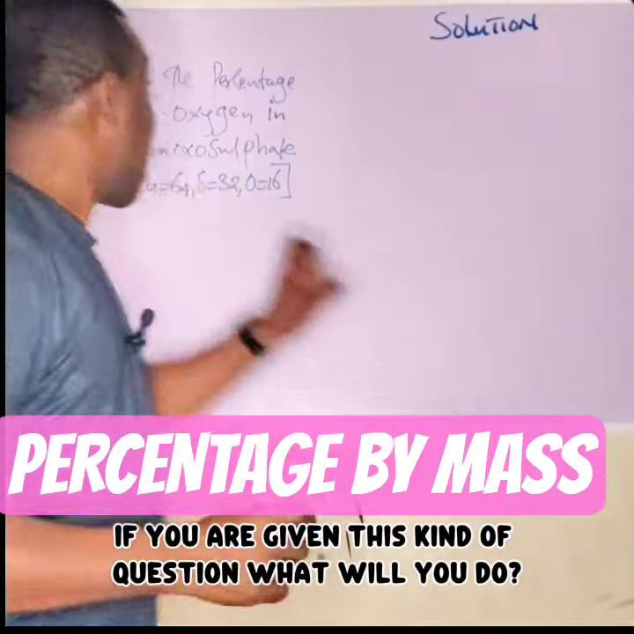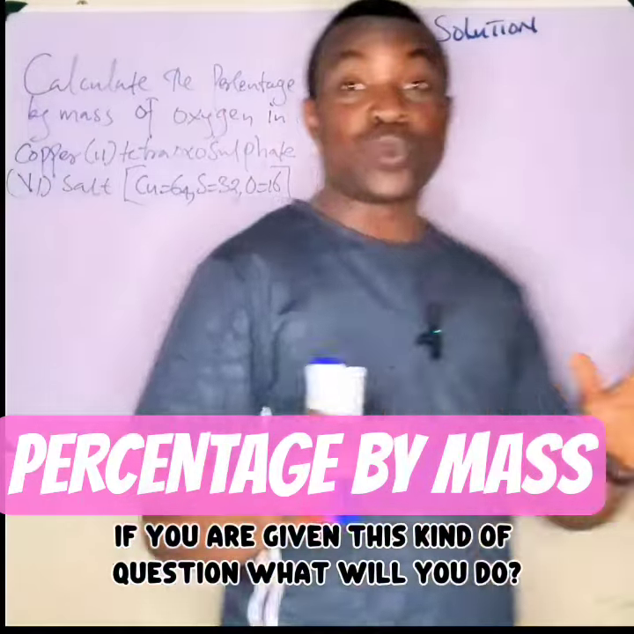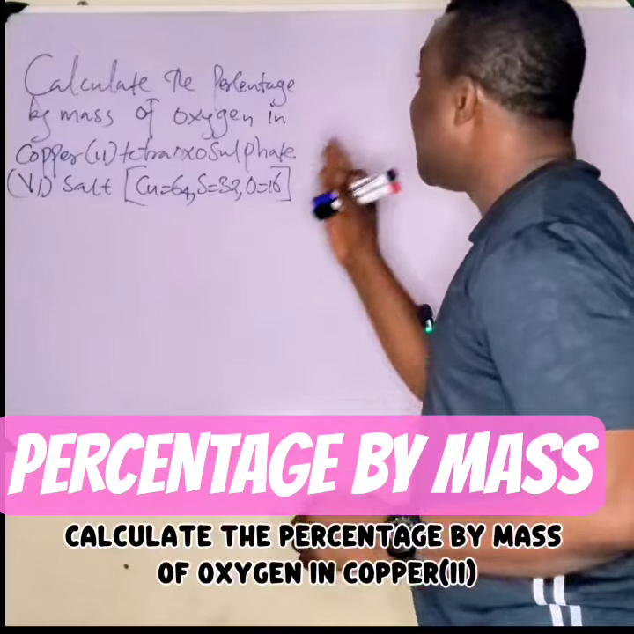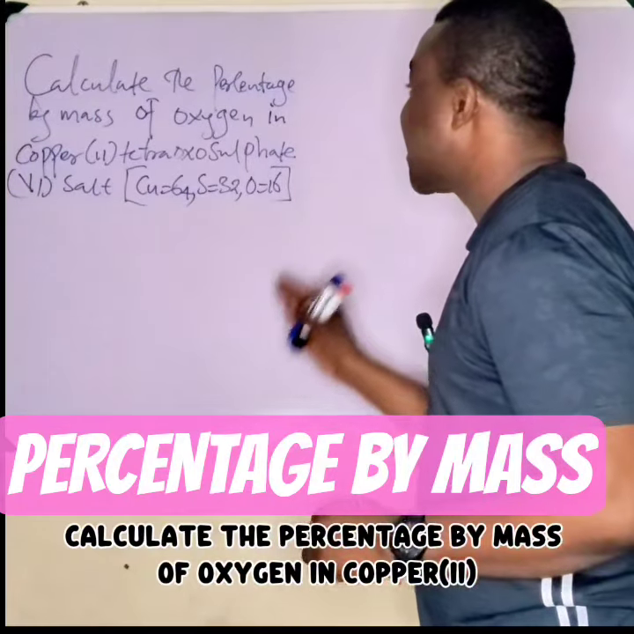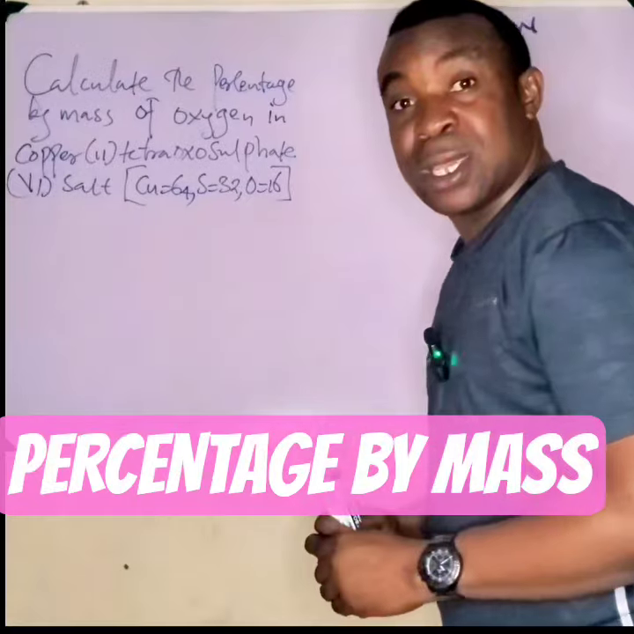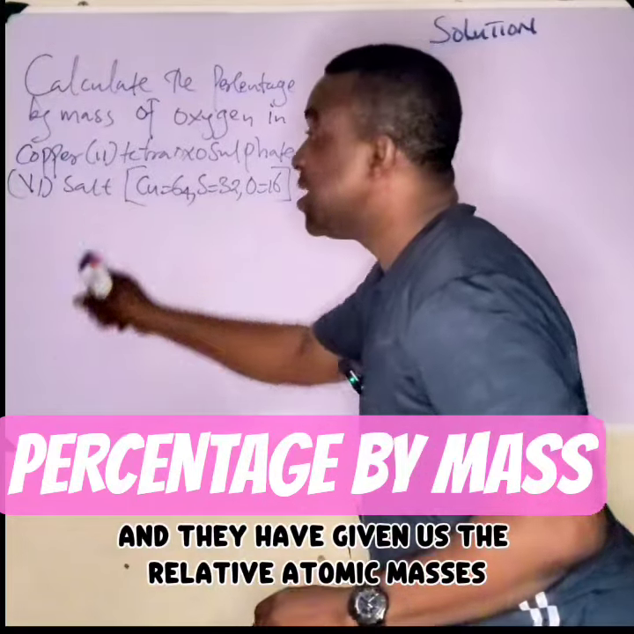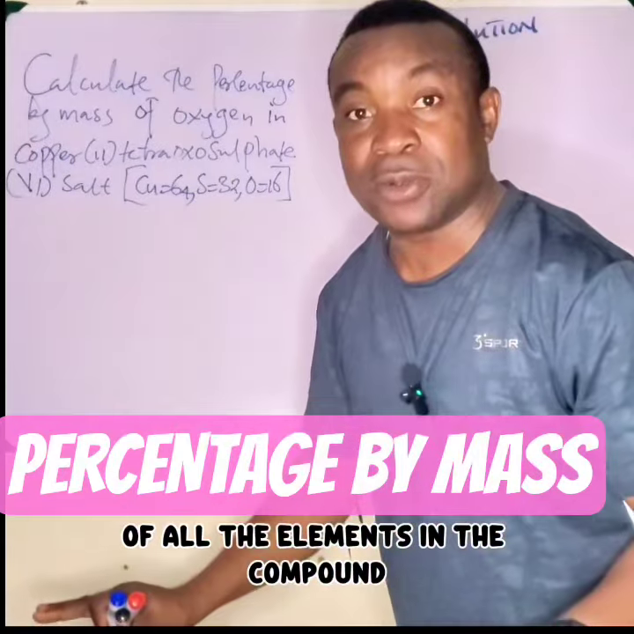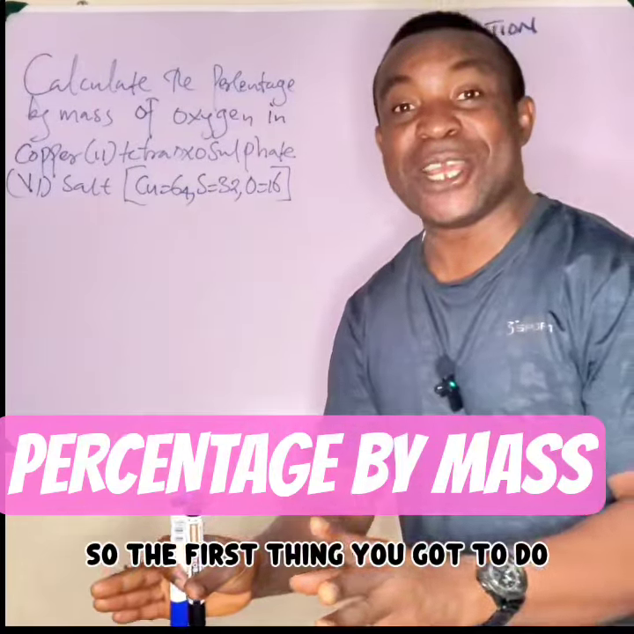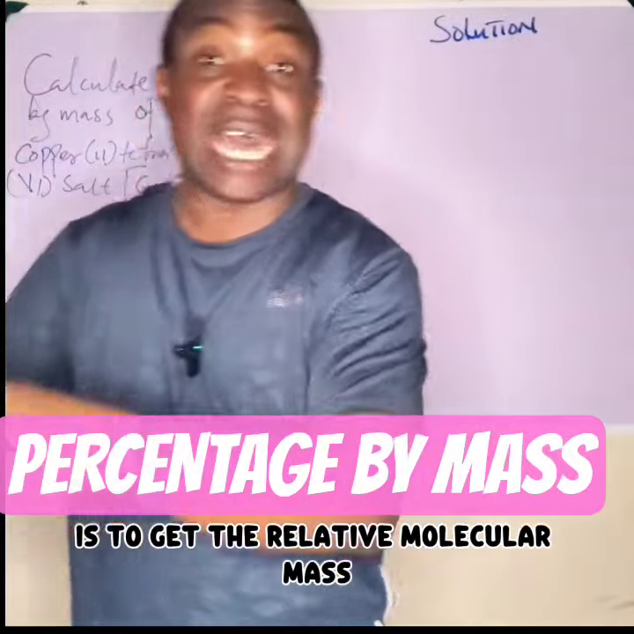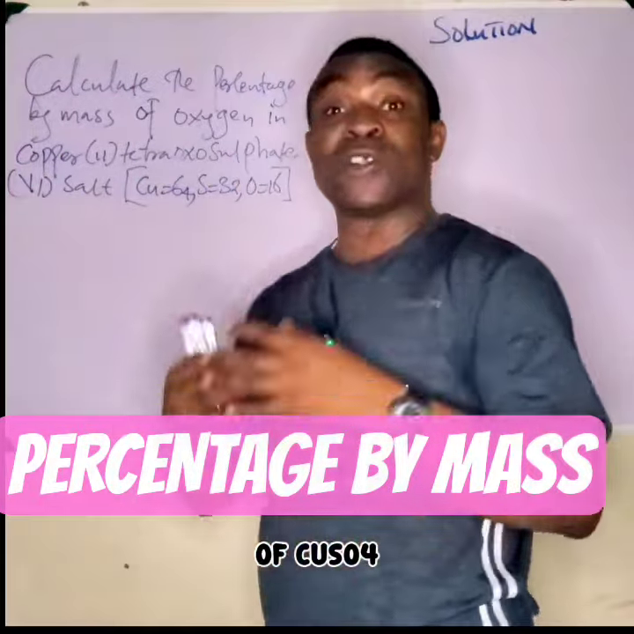You are given this kind of question, what will you do? The question says, calculate the percentage by mass of oxygen in copper(II) tetraoxosulfate(VI) salt. And they have given us the relative atomic masses of all the elements in the compound. So the first thing you have to do is get the relative molecular mass of copper(II) tetraoxosulfate(VI)